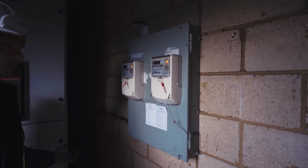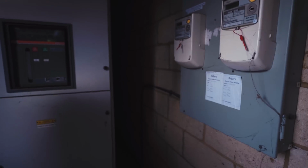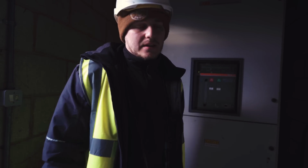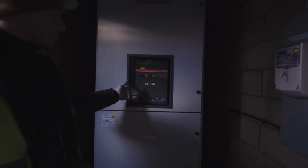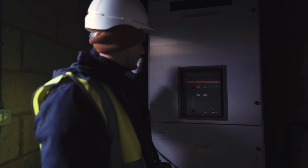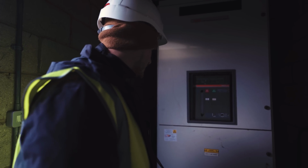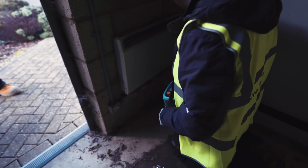Don't know why there's 2. But anyway, 2 meters, that cable goes back into there, and that cable also gets sent all the way back to the switch room too, so I guess it can be monitored in there. And then this is just a big ACB, so this is actually 1250 amps as well, the same size as the one back in the switch room down in the basement. But we're not going to be messing with any of this. At some point I will be pulling this switch to strip out that panel downstairs, but today we're just looking at it. I'm testing this tiny little thing down here, which is far less exciting,